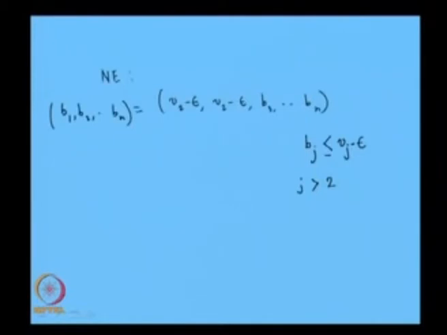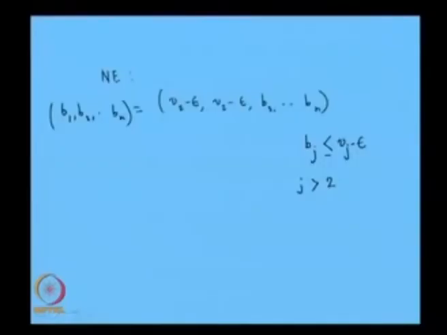So, other players are bidding either v_j minus epsilon or less than that. Now, I am claiming that this is a Nash equilibrium. Why is this a Nash equilibrium? Because